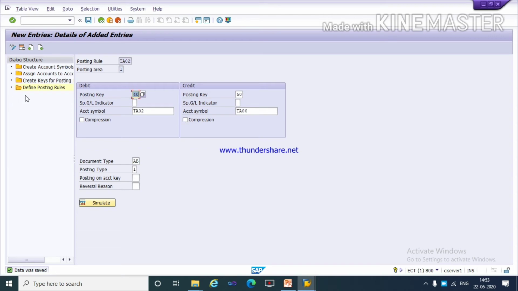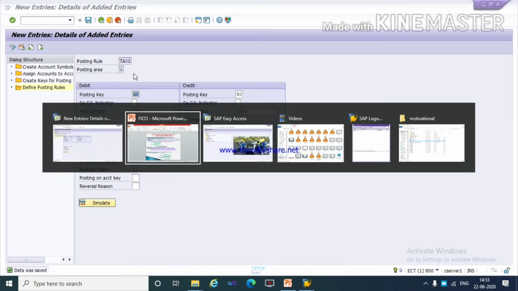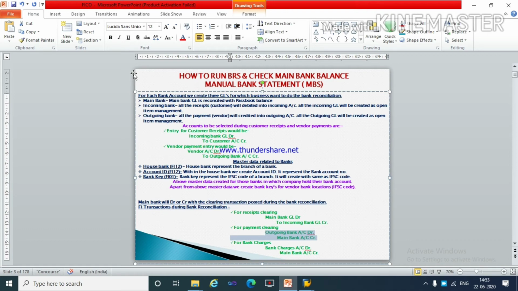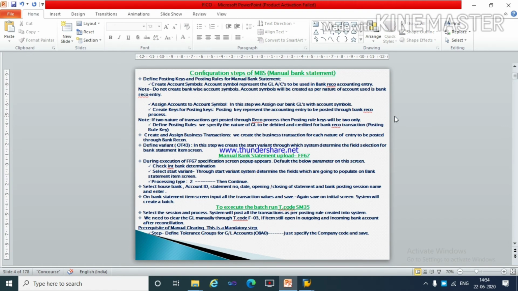So you have defined the two posting rules, TA01 for incoming payments and TA02 for outgoing payments. Now again we'll go back to the presentation. So this much you have completed.